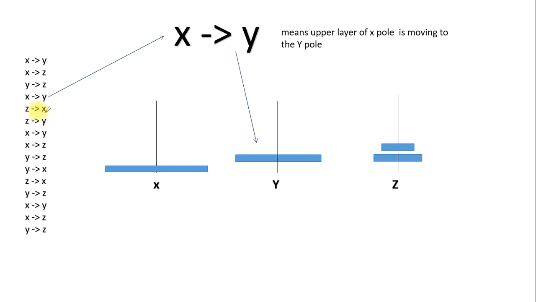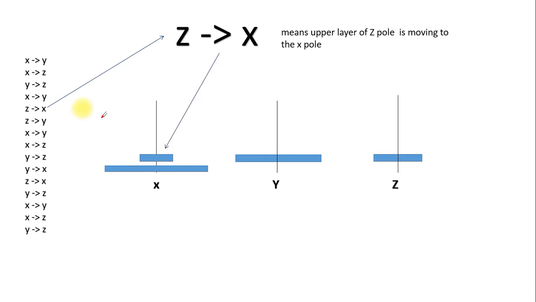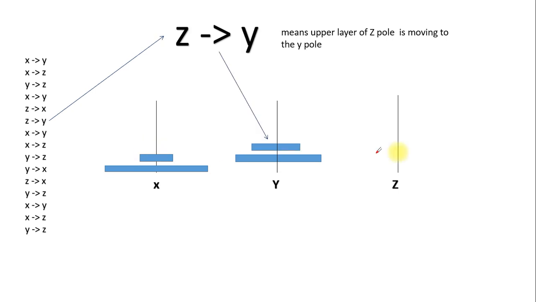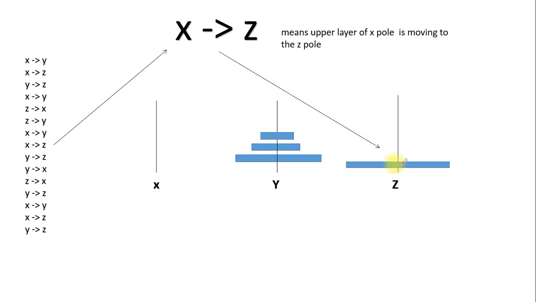Then in the same way, z to x, that means this one here. Then again z to y, this one, from here to there. So next we have x to y, this one here. Then we have x to z, this one here. Then we have y to z, this one here. Then we have y to x,